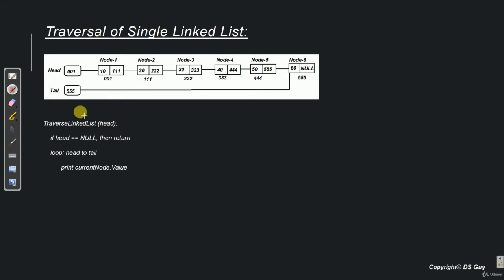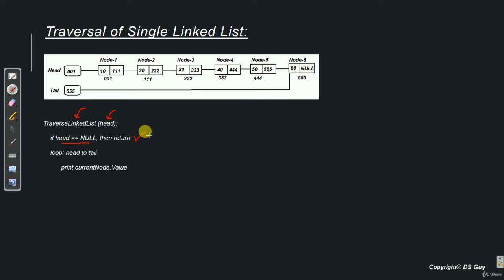So the algorithm is extremely simple. The name of the method is traverse linked list. It takes head reference, and what it does is first it compares if head is equal to null. That means there is no linked list available to traverse. In that case we simply return because we can't do anything.